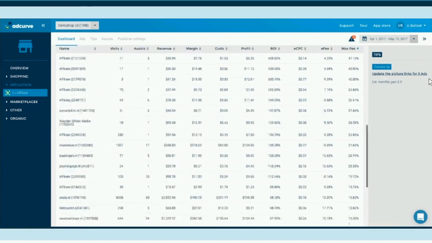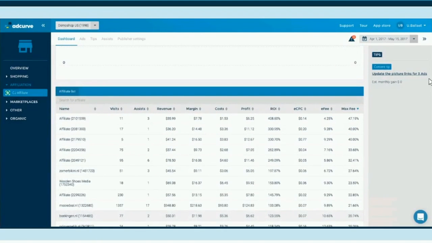Let me show you. Well, there are at least 8 pages of publishers, and on every page there are roughly 25 of them. So you can never manage all of them individually. So my advice would be to sort on the ones that have a max fee that is higher than the E-fee. Call them directly. Start doing business with them directly. You can still work within the affiliate networks, no problem, but please contact the ones that are driving your sales